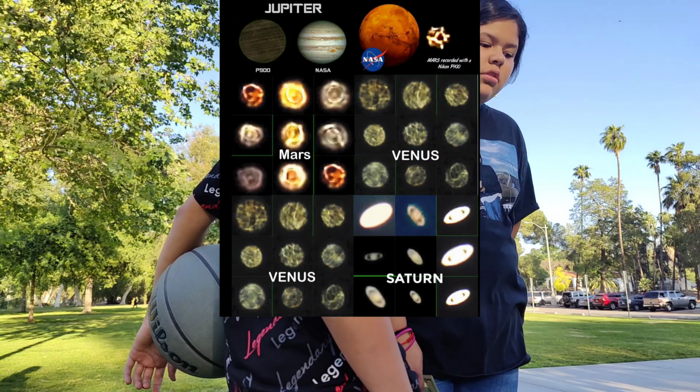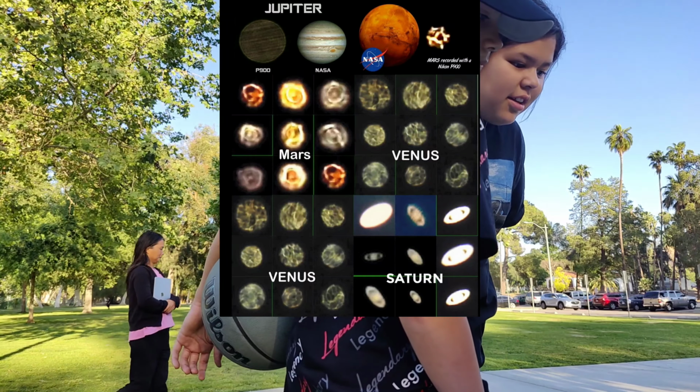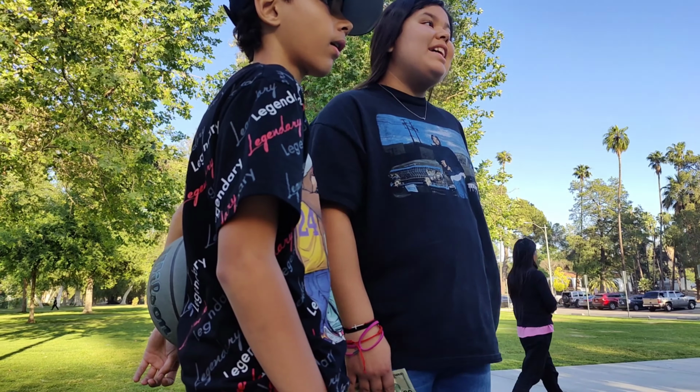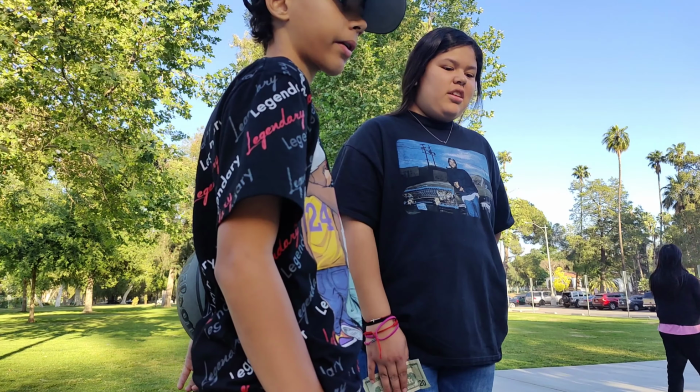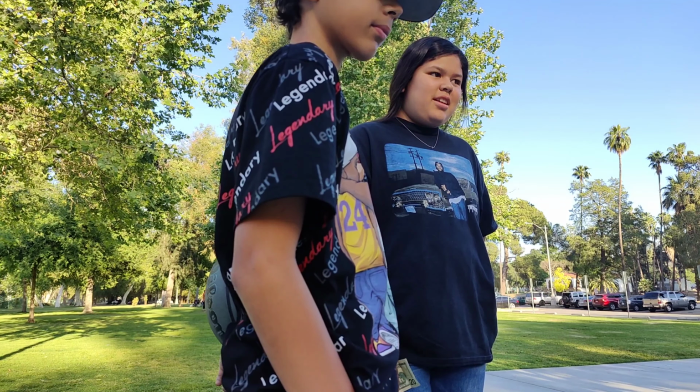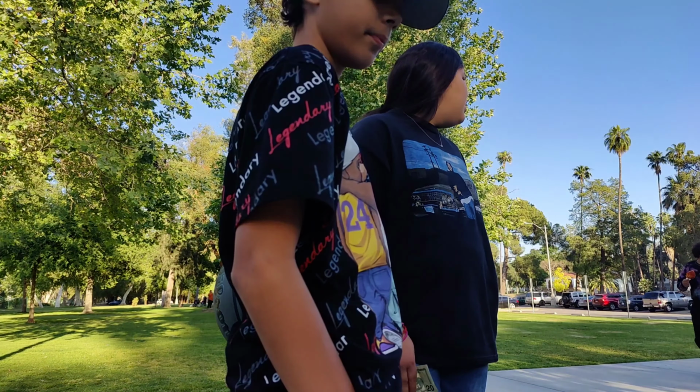But this is what they actually look like. Look at that. They look like stars, right? But remember, they're supposed to be billions of miles away. So how can we even zoom into them? We shouldn't be able to zoom in and see this much detail. Cameras don't have that technology yet. So the fact that we could zoom in and see this much detail and changing colors, that tells us